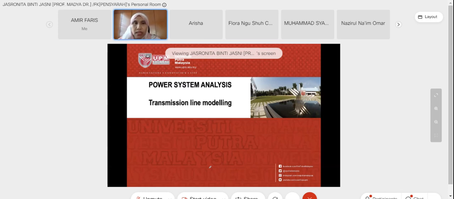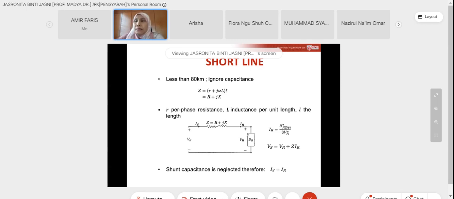So now, in power transmission line, we have three types of line: short line, medium line, and long line. For short line, it refers to the line that is less than 80 kilometer. For less than 80 kilometer, we ignore the capacitance. We just take the R